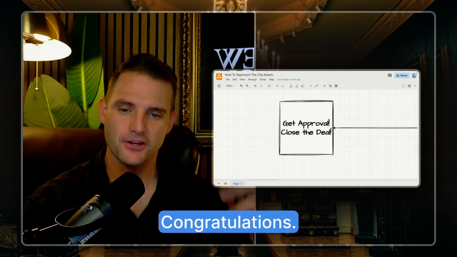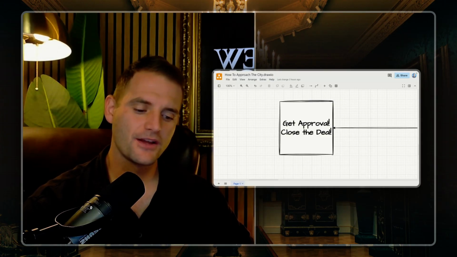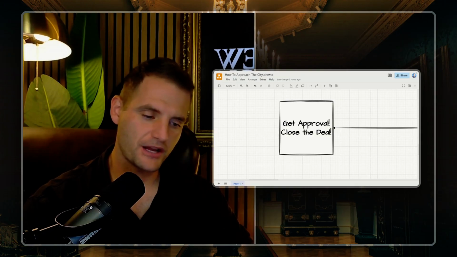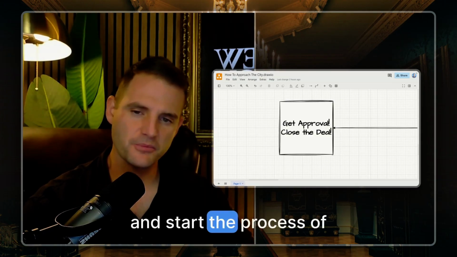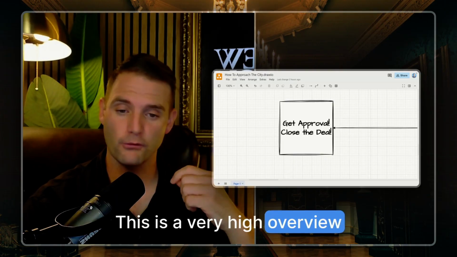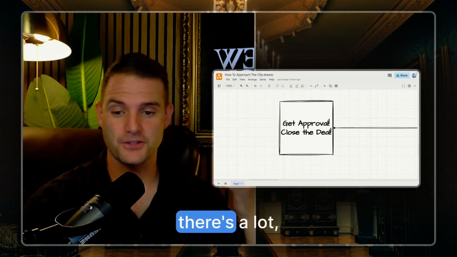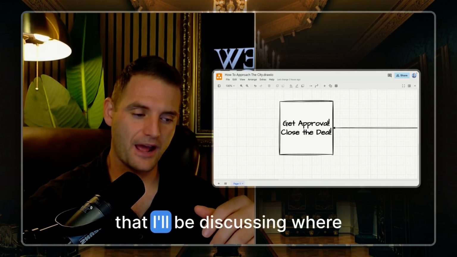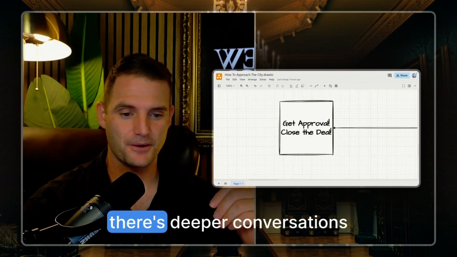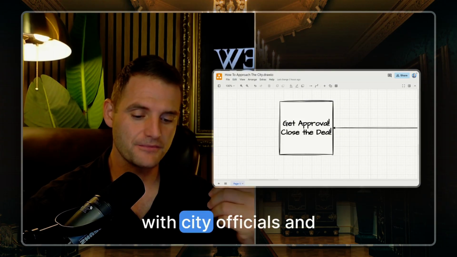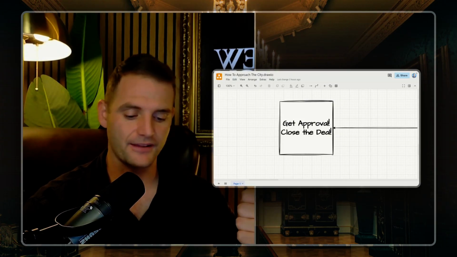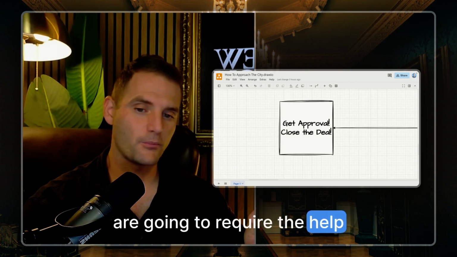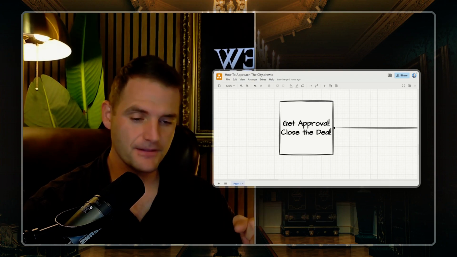This is exciting. Congratulations. You figured out how to analyze the research behind the property, put it under contract, and start the process of working with the city. This is a very high overview of working with the city. There's a lot more modules that I'll be discussing, where there's deeper conversations with city officials and paperwork and instructions that are going to require the help of a general contractor or engineering team.